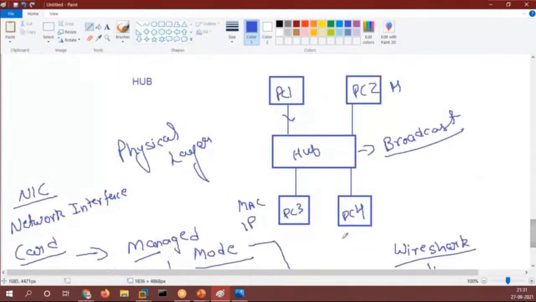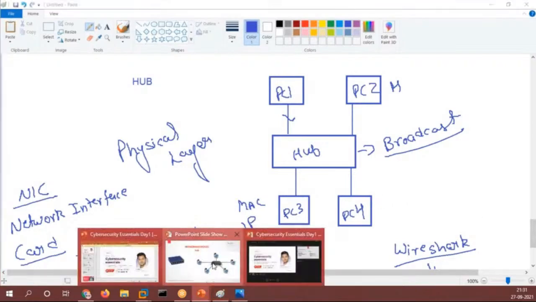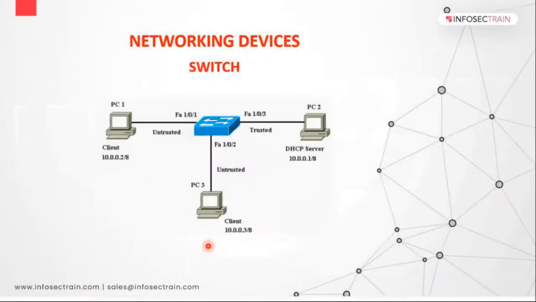So there were security issues with the hub. That's why we moved to the switches, right? So the next thing that we will be talking about is the switch. Now, as you can see, guys, in the star topology as well, we discussed switches. In switches, your data is directly transferred to the intended device. So if I want to send data from PC1 to PC3, I will send that data to the switch and the switch will forward it towards PC3. Now, how does the switch find that out? Can anyone tell me?